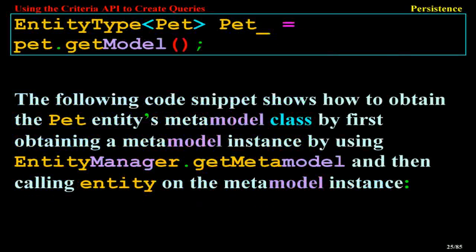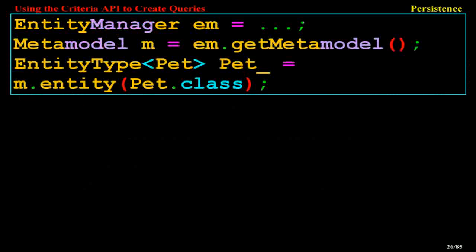The following code snippet shows how to obtain the Pet entity's metamodel class by first obtaining a metamodel instance by using EntityManager.getMetamodel and then calling entity on the metamodel instance. EntityManager m; Metamodel metamodel = m.getMetamodel(); EntityType<Pet> Pet_ = m.entity(Pet.class);